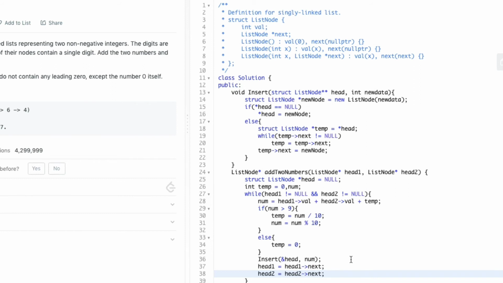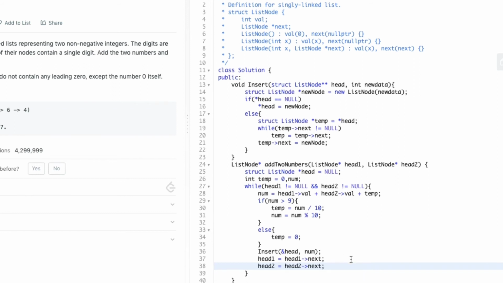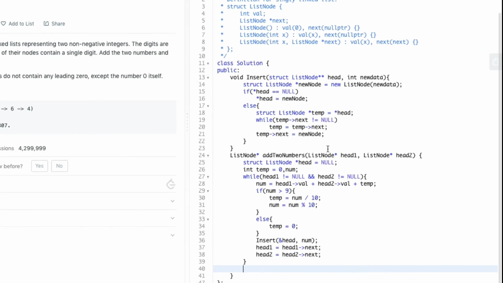And finally, we increment both pointers head 1 and head 2. So there might be a case where the number of digits in both the integers are not equal. Either the number of digits in the first integer is greater or vice versa. For that case, we need to